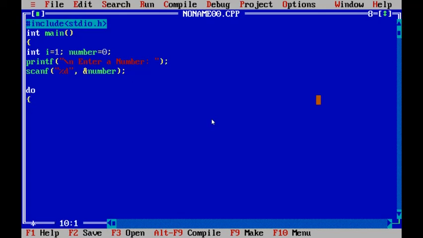In the do block, we are writing printf("%d\n"). This is the control string is ended.